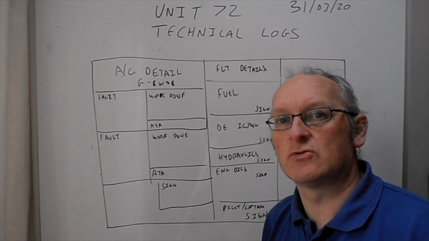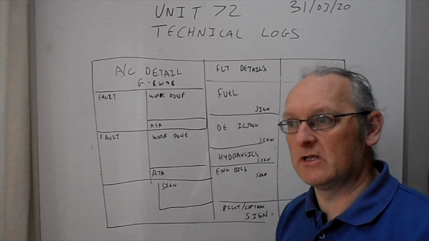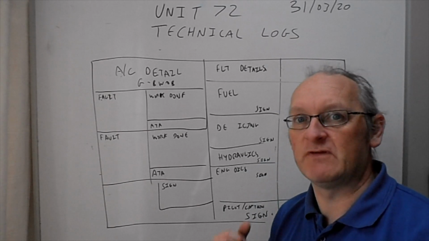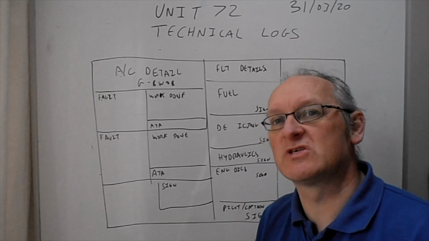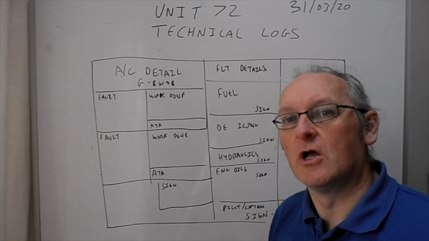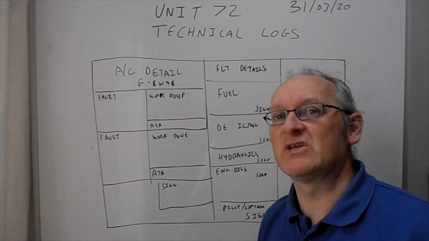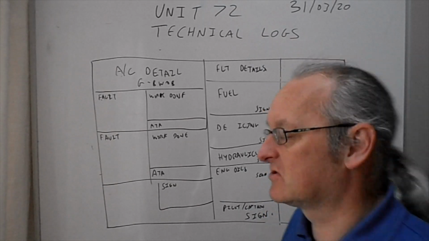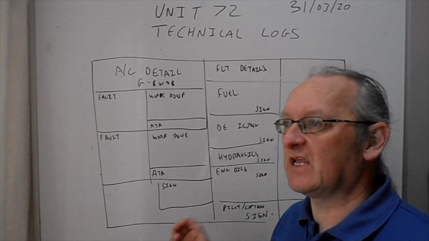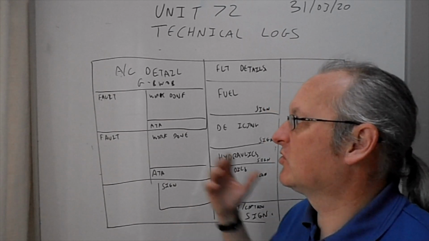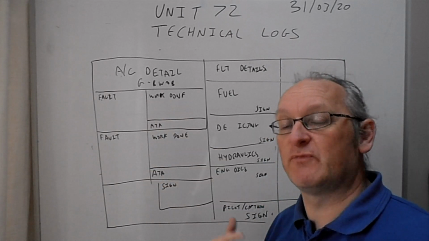If we're doing a lesson one-to-one in the classroom, I would go through the nitty-gritty of exactly all the little bits, what they mean, and give you a little bit more of an opportunity to ask questions. What I would say to you is, the bare basics of what you need to know is what is the tech log and what is it used for. So the technical log is used to record faults on the aeroplane, and it's used to record the fact that those faults have been cleared